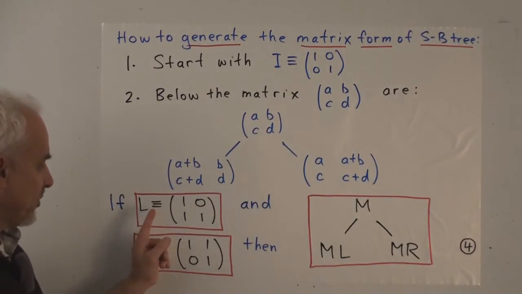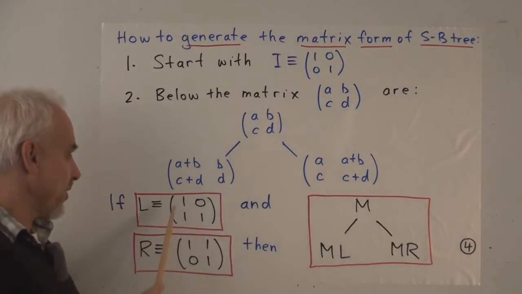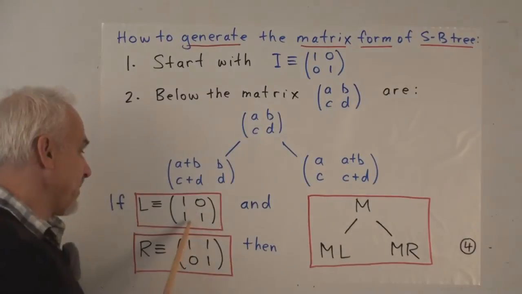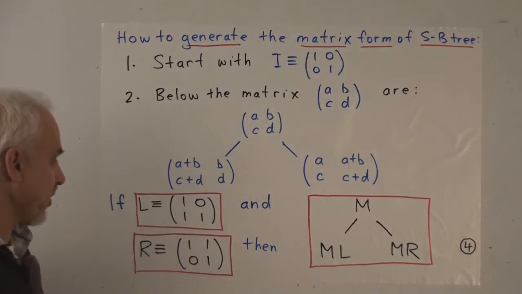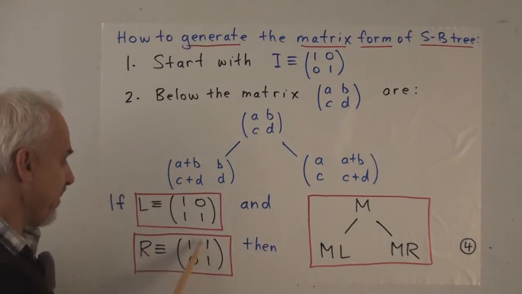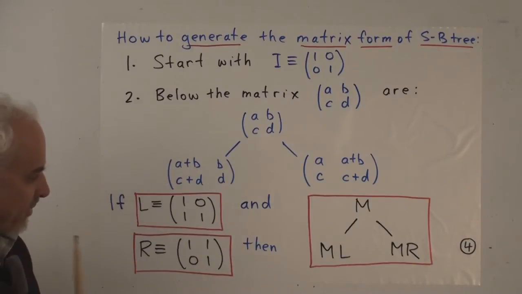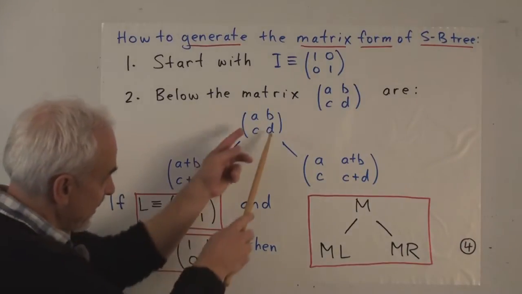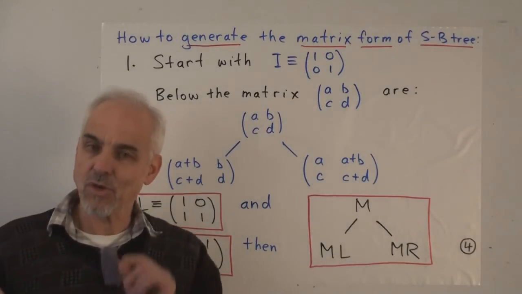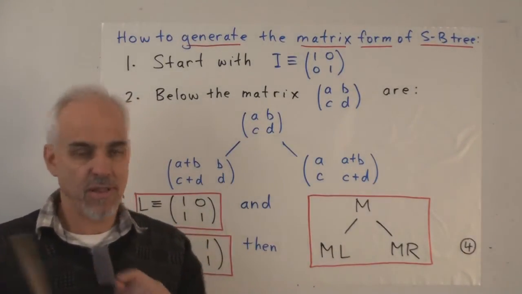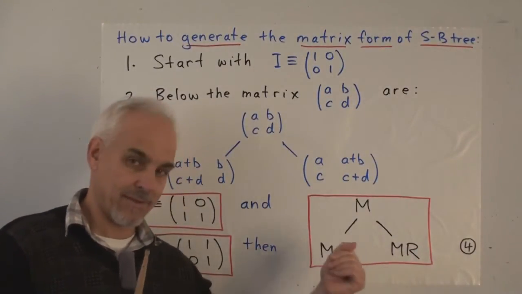Now it's very convenient to define these 2 matrices, L and R. So they're a lot like the identity matrix, except that L has a 1 in this left sort of corner, and R has a 1 up in the right corner. The reason why it's interesting is because then this branching operation can be described very efficiently using matrix multiplication, either by L or by R on the right.